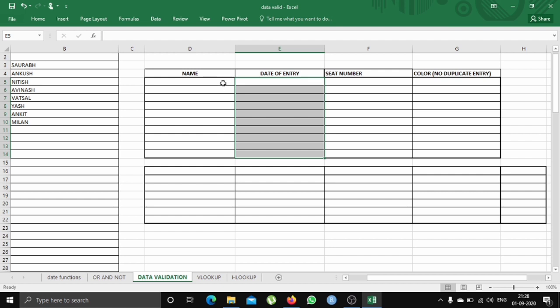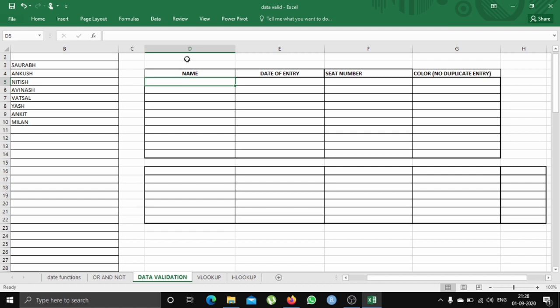So let's proceed ahead. First, I'll be teaching you how to create a short list from a wide range of data. Suppose we have multiple names here. Rather than entering the names manually, you can use data validation and create a short list of data.